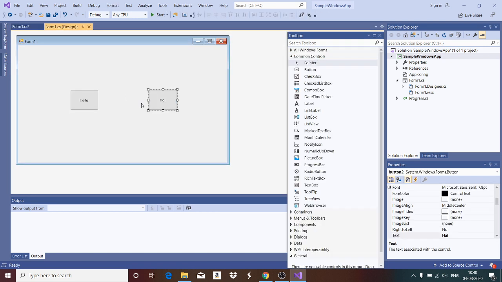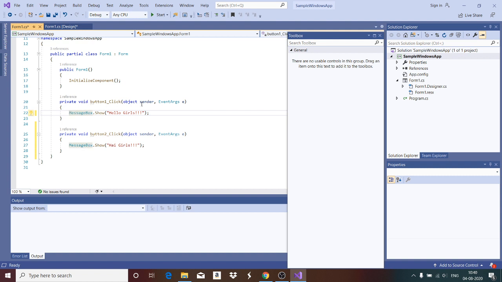Now your application is ready to run. You have added 2 buttons. You change the caption of the buttons, and observe here I am not changing the name of the buttons. The names are still button 1 and button 2. I just want to change the caption. So once I change the caption, I double click on the button and you get the code editor.